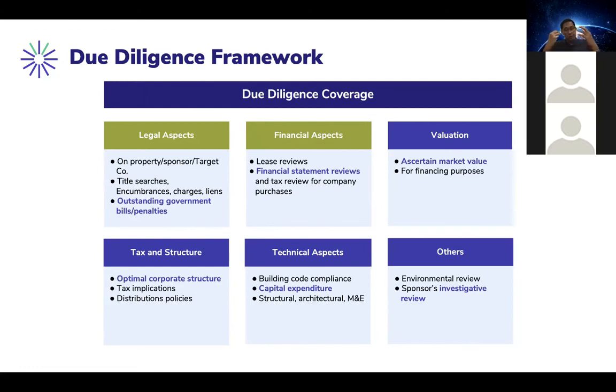We would, apart from the income part of it, we also look at the expenses. We look at the operating expenses of the property to ensure it sufficiently covers the maintenance of the property. Essentially, in financial due diligence, we want to ensure the revenue and expense of the property matches up the price that we're paying for, right?